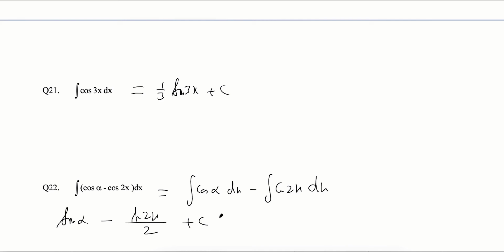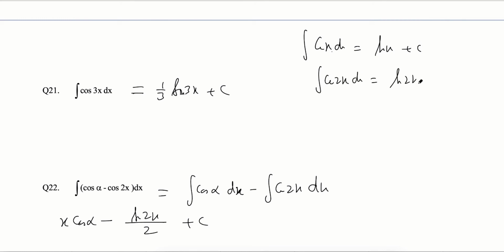But this is the common mistake I wanted to tell all of you. Generally, students look, okay, cos alpha integration sin alpha. You are going to do integration with respect to x. So cos alpha will be treated as a constant. It will come out. Did you understand? So cos alpha here, only dx will be left, and this will be x cos alpha. And cos 2x integration is sin 2x by 2, have you understood? Cos x integration is sin x plus c. If I replace x by 2x, so cos 2x dx will be sin 2x, but the coefficient of x will be divided. That's what I did, nothing else.